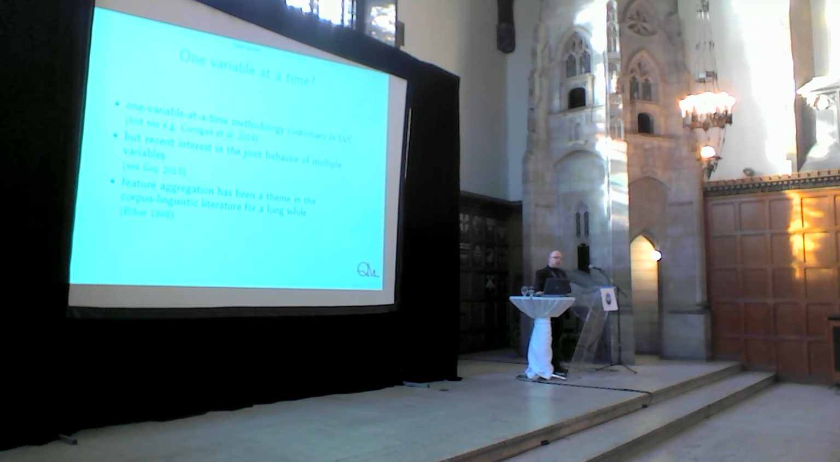But recently, we see more interest in the joint behavior of variables. For example, Guy 2013 demonstrates that multiple variables do not always co-vary in the theoretically expected fashion, or that it is not that easy to demonstrate reasonable covariation behavior, and he calls for more work on this. The good news is that feature aggregation has been a theme in the corpus linguistic literature for a long while. It's basically, again, going back to Doug Biber's 1988 monograph. And so in corpus-based variationist linguistics, you'll find a rich toolbox of